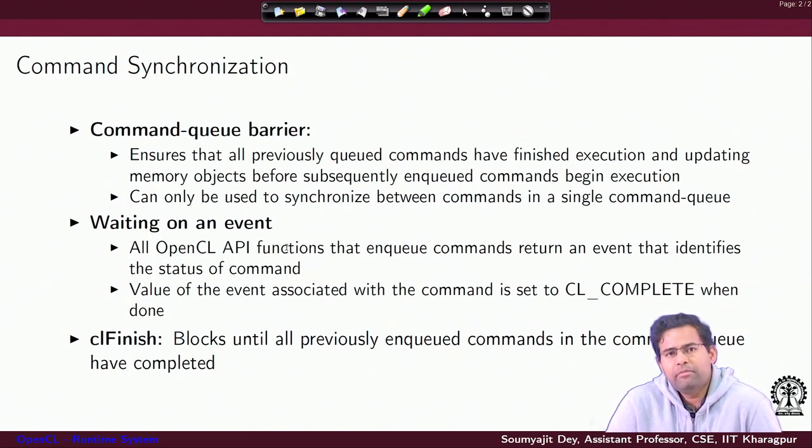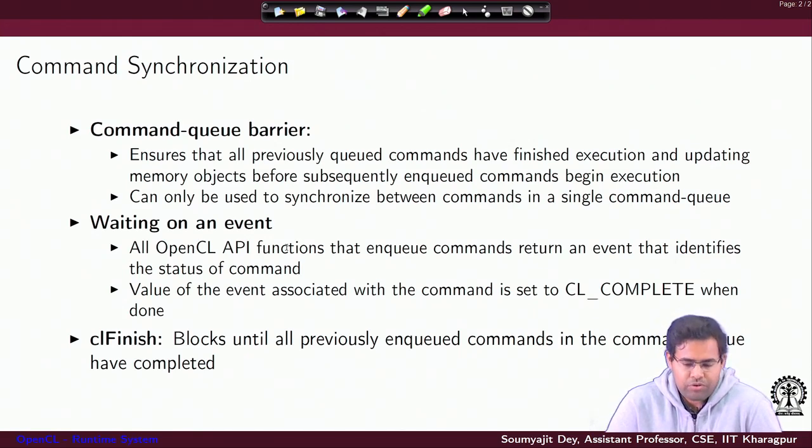This is the primary reason why you would like to have barriers. The command queue ensures that you start issuing commands in that order, and if you put the barrier, you can ensure that all the commands that have been enqueued finish before going forward.